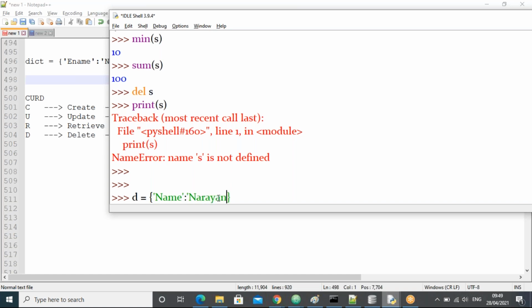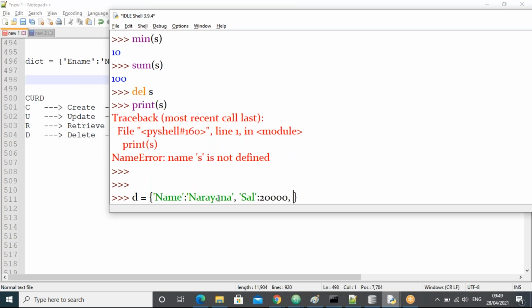Now one key-value pair is over, guys. Take the second pair, suppose sal, salary. I am taking 20,000. Now two pairs are over.